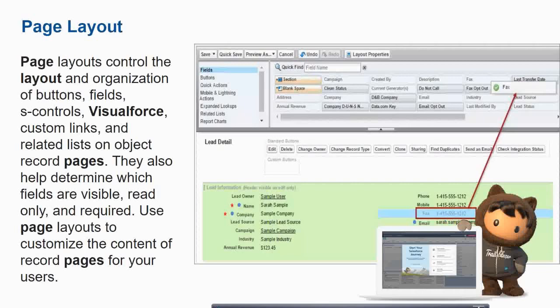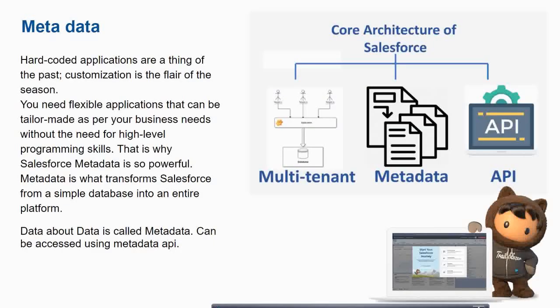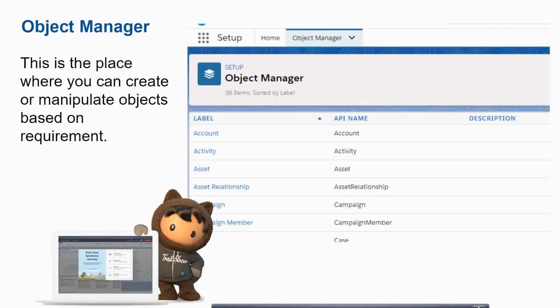Okay, so next goes to object manager. Object manager is the place where, you can say it's like the database which has all the tables or the objects. Basically the object manager has all the objects inside it. So you can just go and find any object inside this object manager. When you search for any object, first you type in the quick find box about the object manager, and then from there you search for any object.